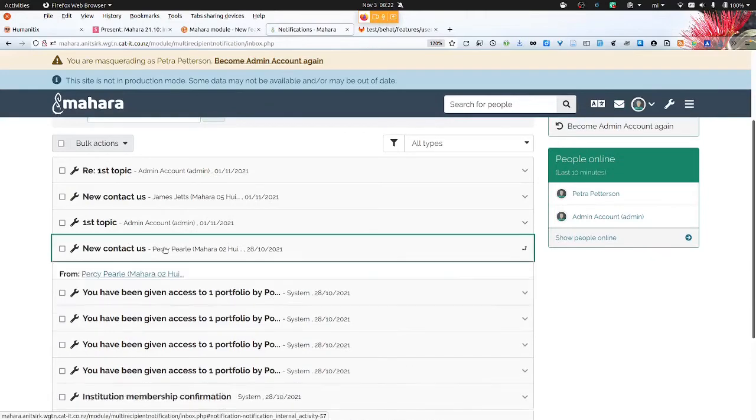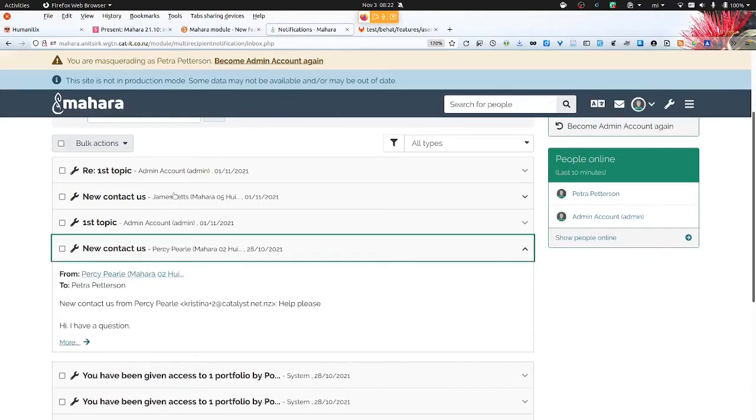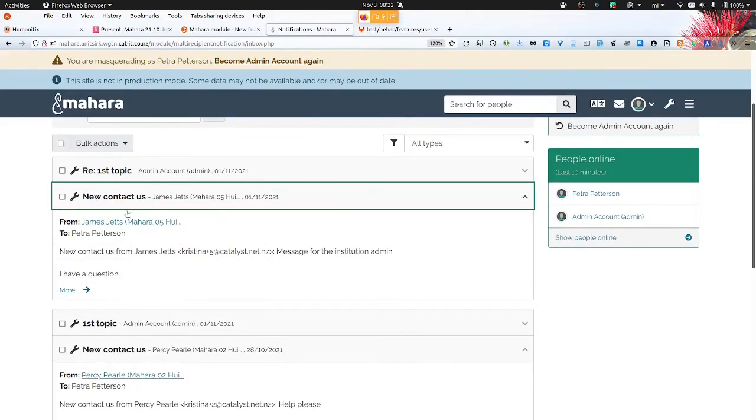So here we've got a new Contact Us from James and Percy, and it goes directly to the institution administrator rather than the site administrator, making it much, much quicker to get responses from people. But of course, that only works if you are using the built-in form. If you redirect that link to your own support website, then your workflow is already handled by that.